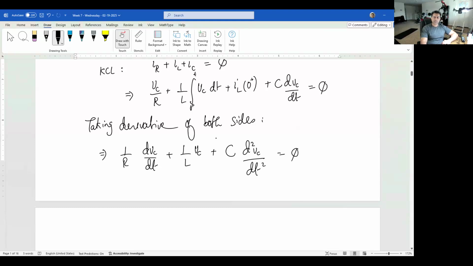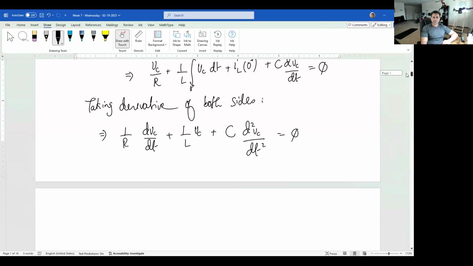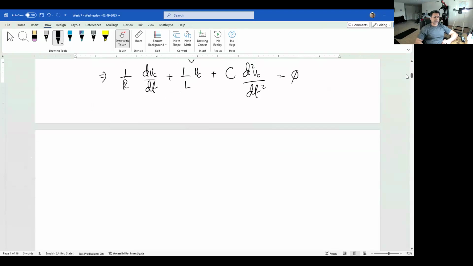So this is why this is called a second order system, because the highest power of the derivative is 2. If the highest power of derivative is 3, it's called a third order system. We will rearrange this from the highest power of derivative to the lowest power. And then we get rid of the coefficient with the highest power, so we divide the whole equation by C as well to get rid of this C. And we can write this down as